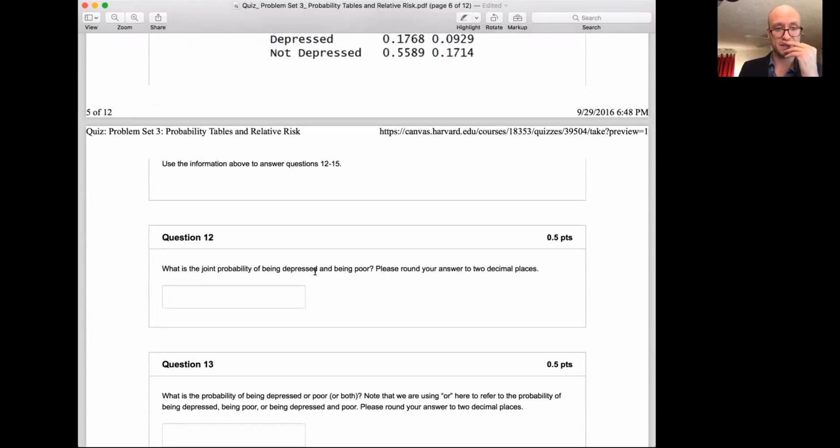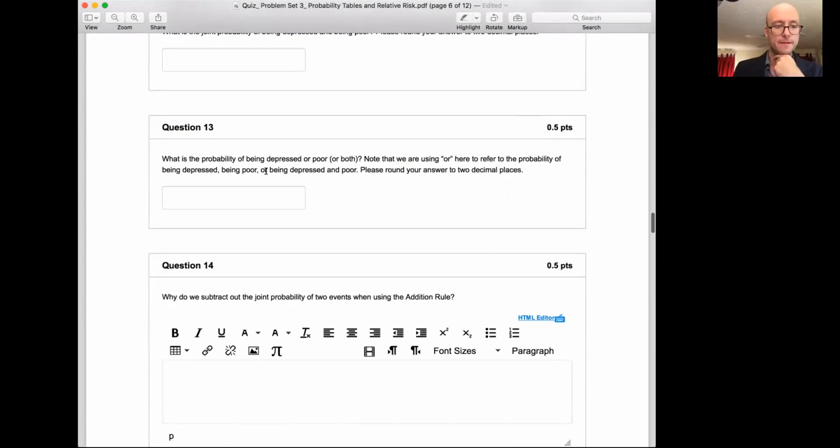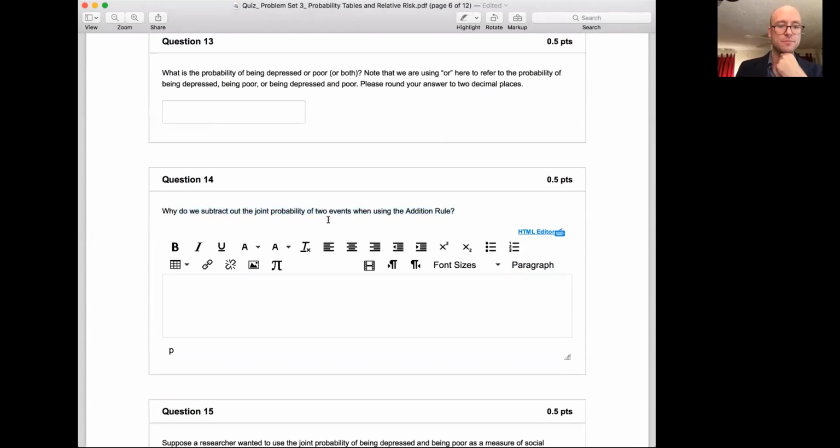The joint probability of being depressed and poor is question 12. The joint probability of being depressed and being poor. Wait, I'm sorry, I did that already, right? Okay. Why do we subtract the joint probability of two events using the addition rule? Any kind of answer would be correct, but the point is that we would count the joint probability twice in our calculation,